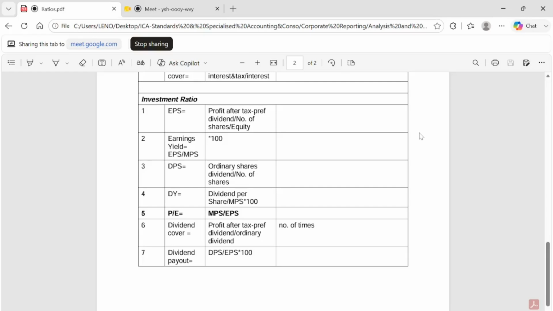If this 40,000 belongs to the ordinary shareholders and we want to know earning per share, we can calculate it by dividing by the number of shares in equity. If you want to know the dividend per share, there's 40,000 left. If the company decides not to pay dividend on it, then you can calculate earning per share on it. Because they didn't pay dividend, they will take all the 40,000 to the statement of financial position,